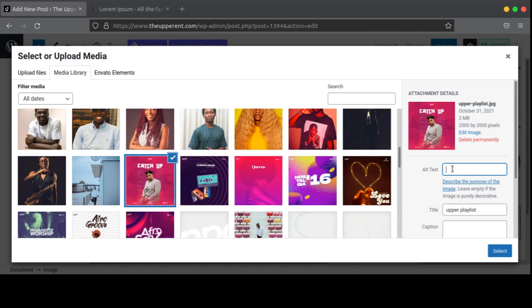And also the importance of the alternate text is in cases where your website loaded and the image doesn't load. Instead of it appearing as a broken image, the alternate text is going to appear instead of the broken image. So it's going to tell the visitor that, hey, there's an image here, but there's a problem. That is why you can't see the image, but this is the alternate text. So right, so for this